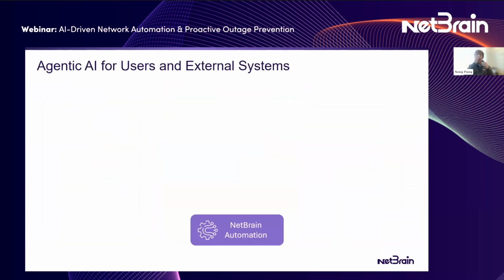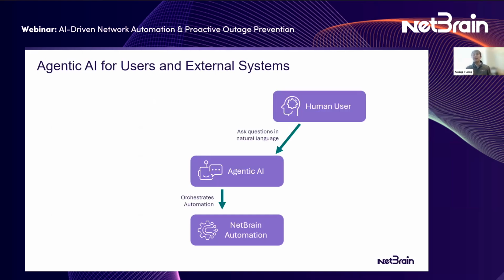So to think about that, we have traditionally lots and lots of NetBrain automation. Now, this can be accessed by runbooks, by auto intents, by various different ways on the map, and so on and so forth. So we thought to ourselves, how do we use AI to enable all of this? So we think of the AI as the interface between our users and the automation itself.